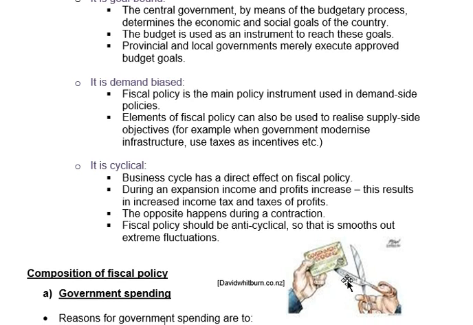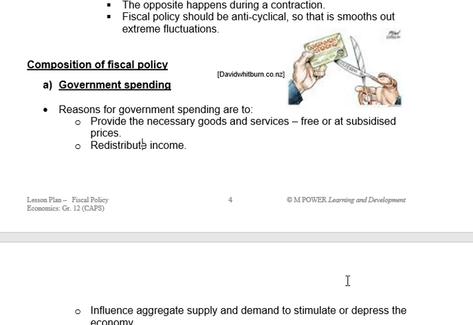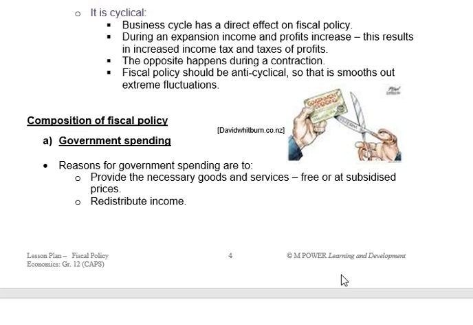Right. Now, what we see is that when we look at fiscal policy and the business cycle, this last point is very important. Fiscal policy is implemented anti-cyclically. Right, so if the business cycle is going into an expansion, we are going to be using restrictive fiscal policy. That's what it means, anti-cyclical. If the cycle is going up, fiscal policy will push it down. If the business cycle goes into a contraction, fiscal policy will be anti-cyclical. It will push the economy up.